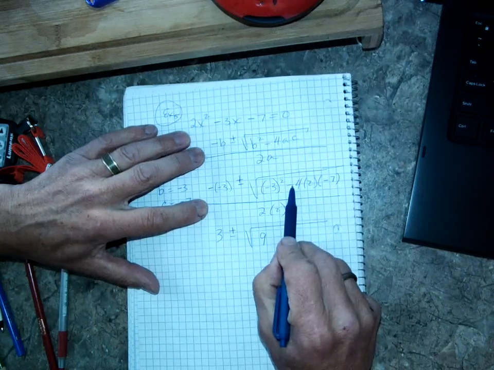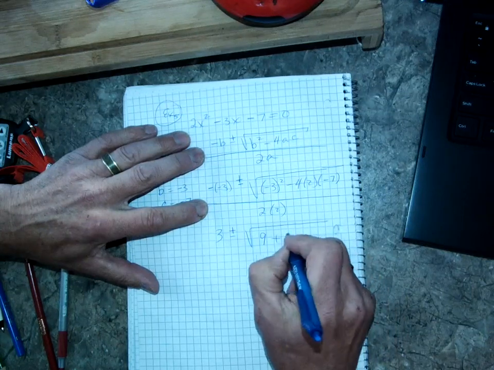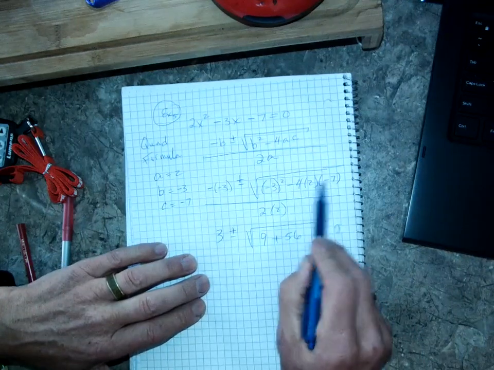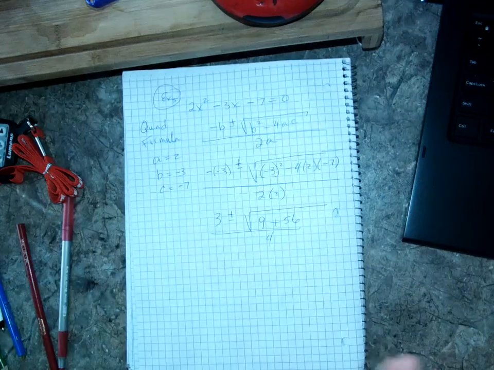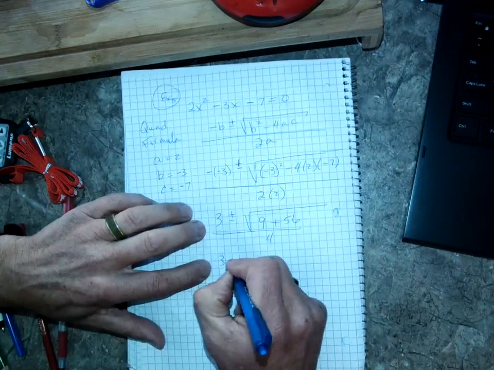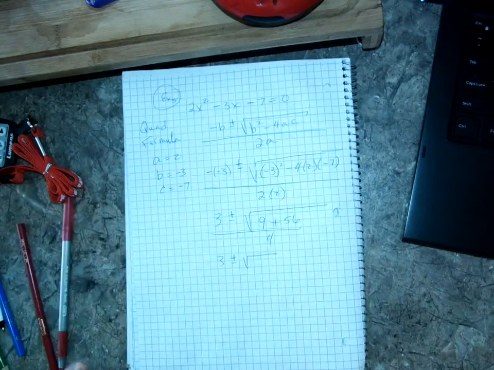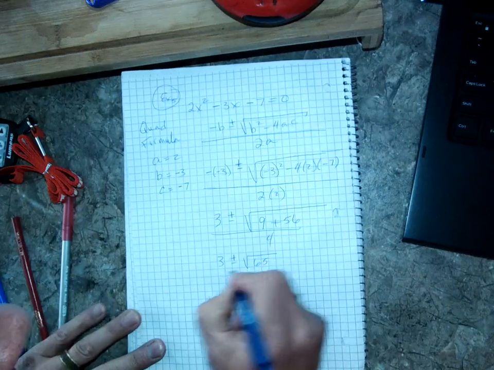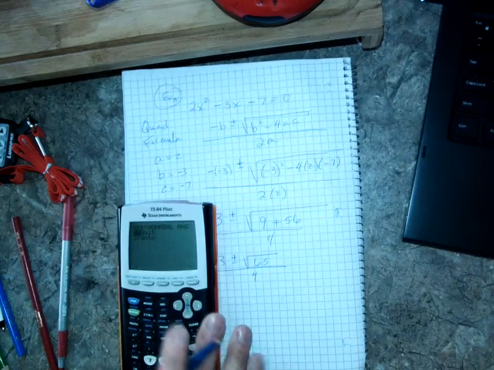Negative 4 times 2 times 7 is 8 times 7 is 56, but it's a positive 56 because the negative and the negative, double negative, all over 4. Okay. All right, I can do this. So then, 3 plus or minus the square root of, let's see, that's going to be a 65 over 4. Alright, so now I'm going to need my calculator, because I don't know what the square root of